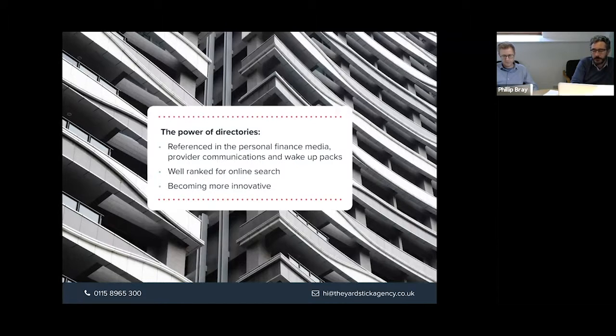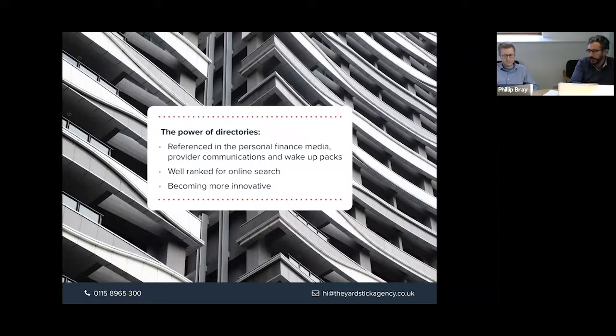If you type in financial advisor followed by wherever you are, Nottingham, Derby, Leicester, etc., you will see that in the natural search results, both Unbiased and Vouched For generally rank quite well, and you'll see they spend money on advertising in the Google ads as well. And they're becoming more innovative.